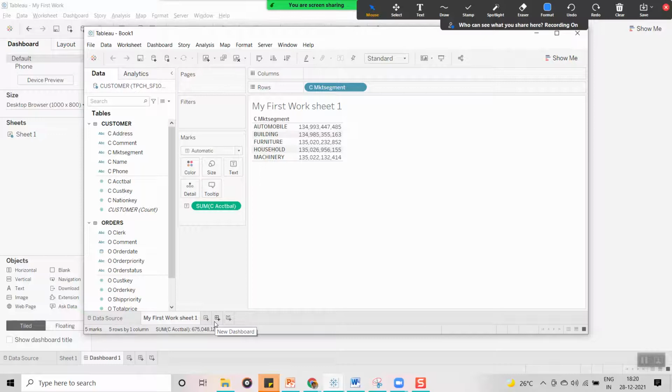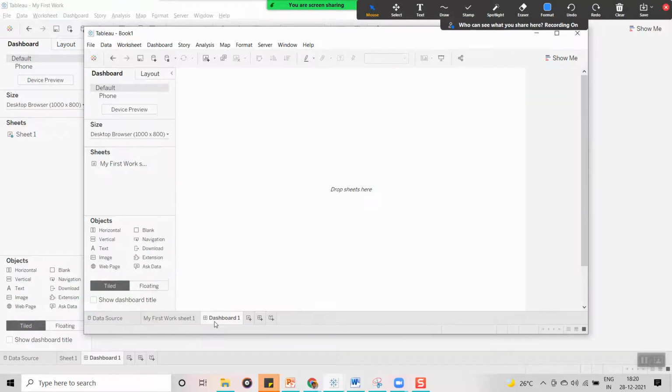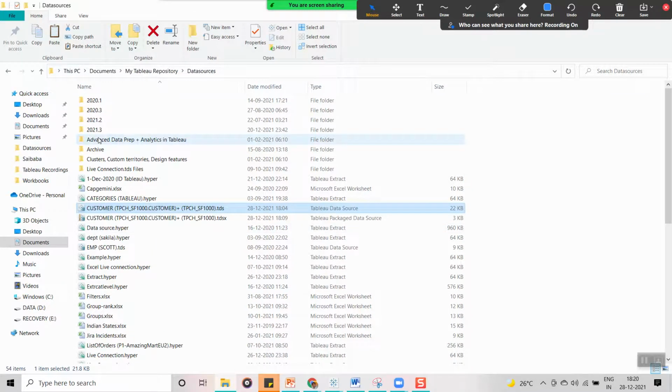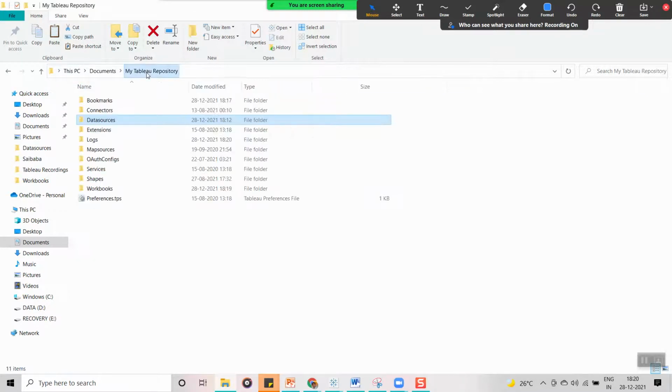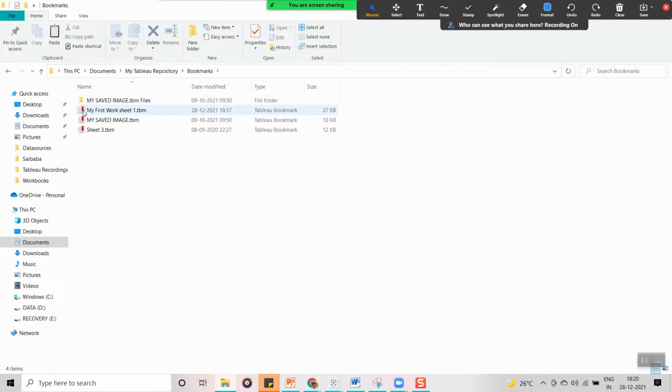And the bookmark symbol is going to be the Tableau logo on top of a red stripe. Let's go here. Where are the bookmarks? Yeah, now you can see this is the bookmark icon. Is it clear, guys? Now you can see the type as Tableau bookmark.